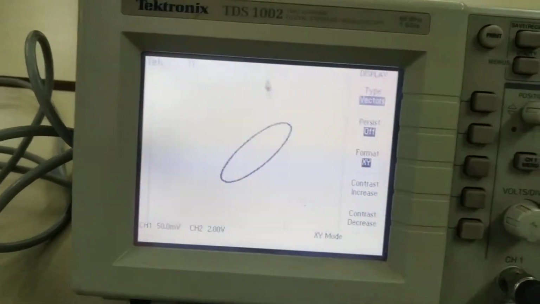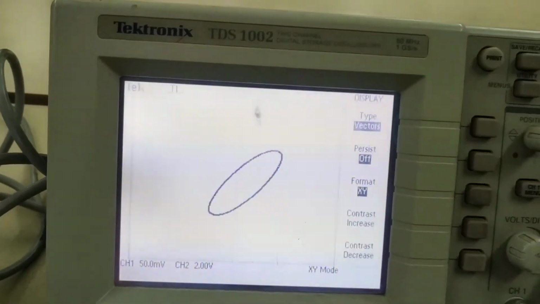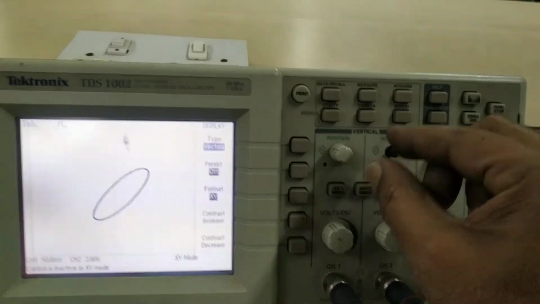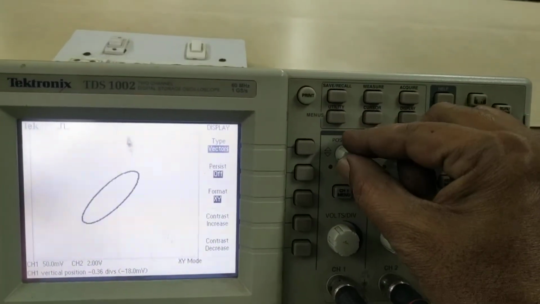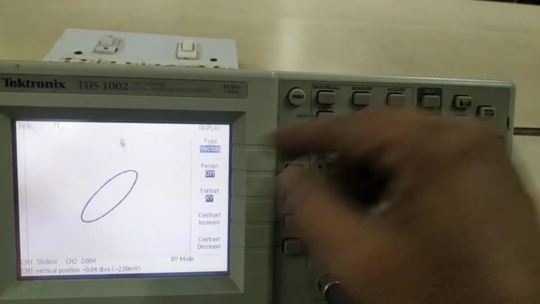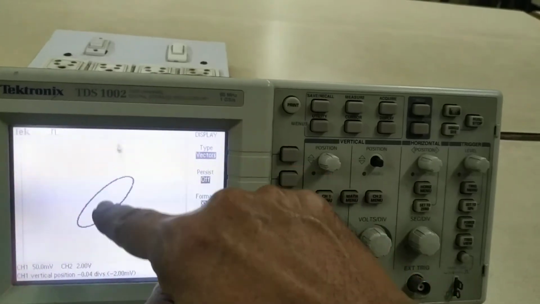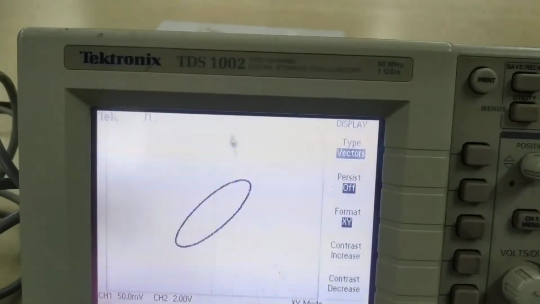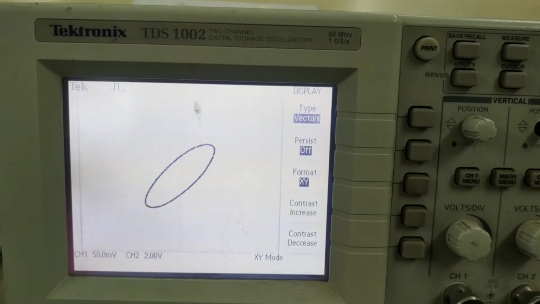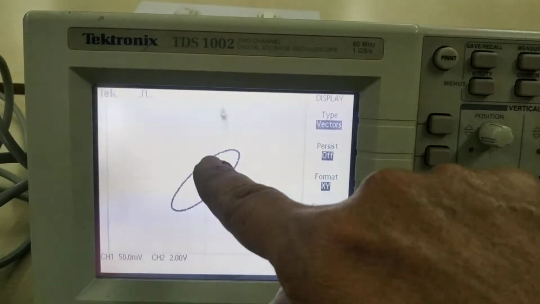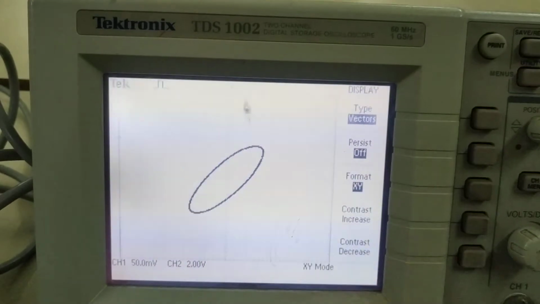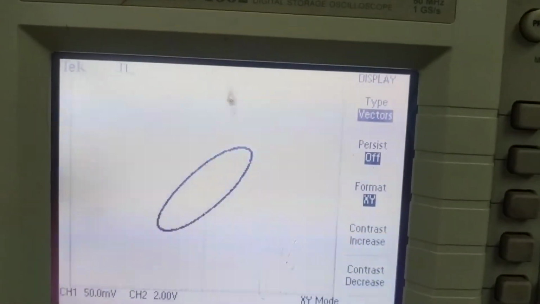So to measure, you can change the position. Here the position is changed, so you are getting it from this end to this end. Lower intercept. You already know theta equals sine inverse of y1 by y2, smaller divided by larger. So the smaller intercept, from this end to this end, has two complete divisions.